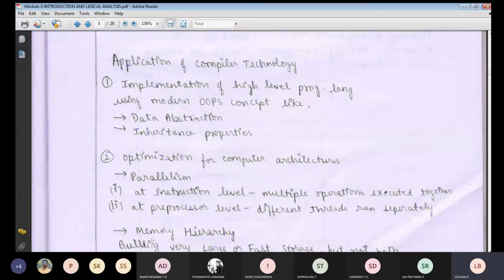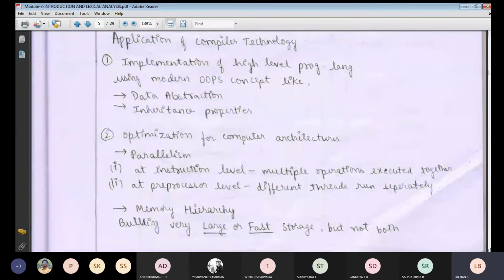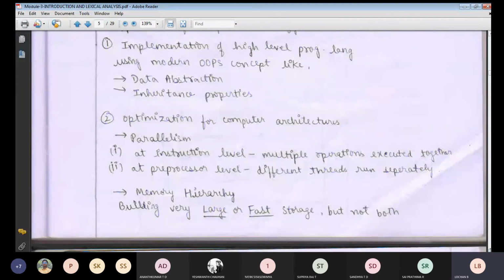The next part we will be using with respect to computer architecture. In computer architecture, we will know how you are going to perform the operation with respect to the instructions, whether you are going to perform a single operation or multiple operations. Everything we will be checking. Parallelism means multiple operations will be executing together, so that we complete the operation faster with a lesser amount of time. We will be checking all those things.